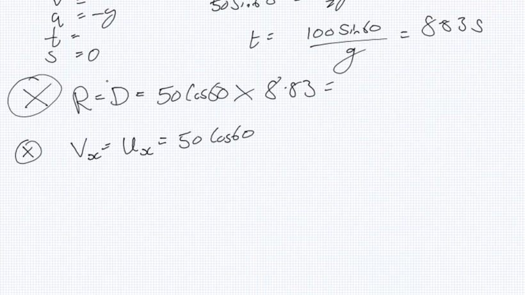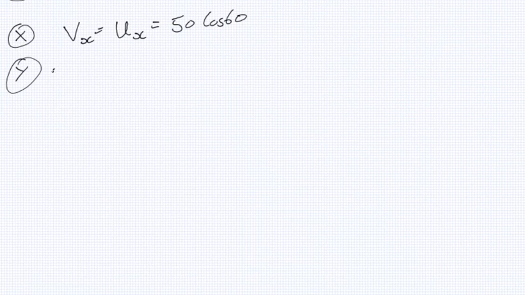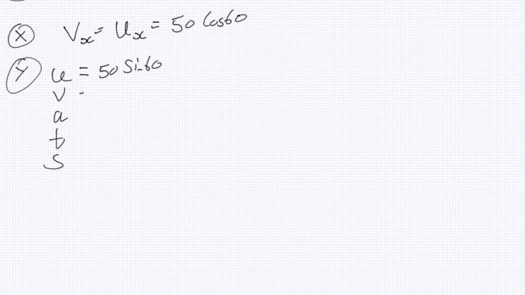But vertically, we have to do a UVATS. U is 50 sine 60, V is what we want, A is minus G, and T is our time of flight that we had earlier, which was 8.83 seconds, and the S is 0, and we're looking